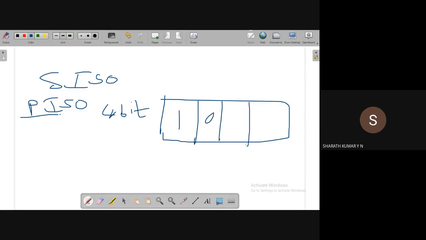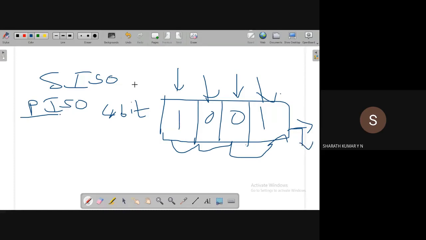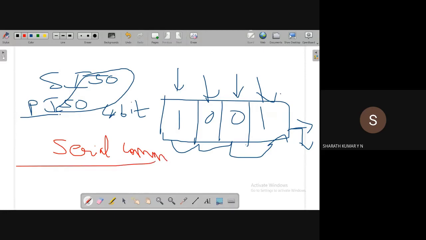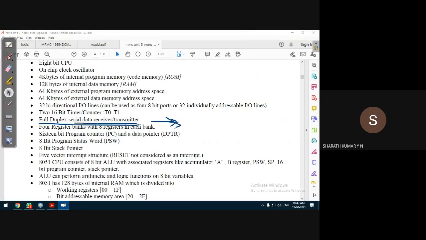Let us have some data, for example 001. You transfer the 4-bit data parallelly and shift the bits from one location to another, so we get bit by bit. That we term a serial output. That is an example of serial communication. 8051 provides a serial communication feature. More on that we'll discuss in the 5th module.